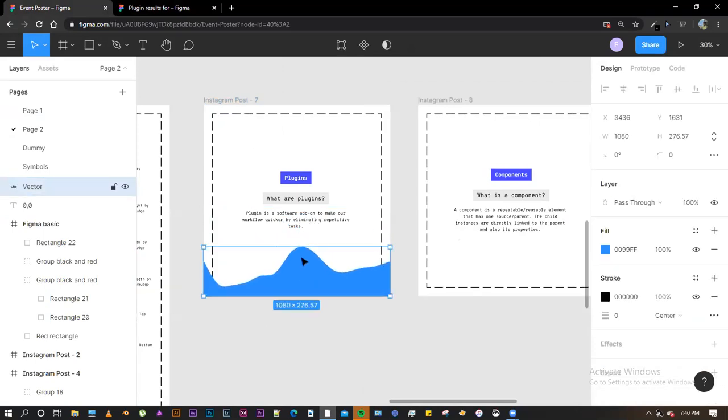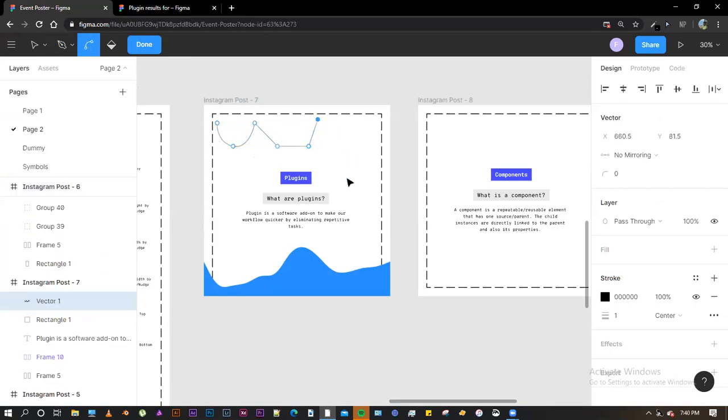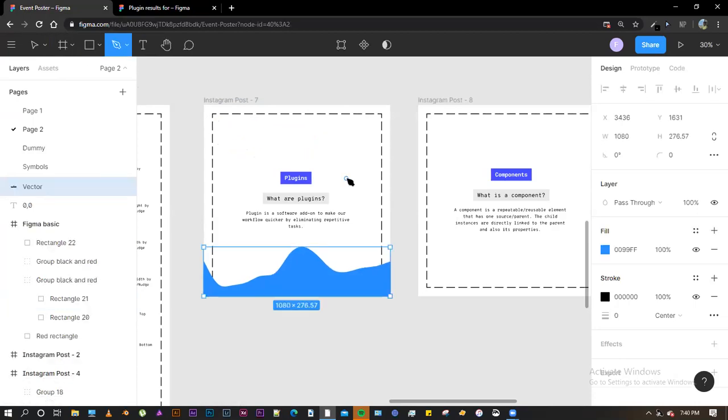If I had to create the shape without the use of a plugin, I would choose the pen tool, and I would draw a point, then another point, curve it, another point, another point, another point. So this is a repetitive task that I don't want to do. This is one of the plugins that helps in creating such shapes, and it can also be used to